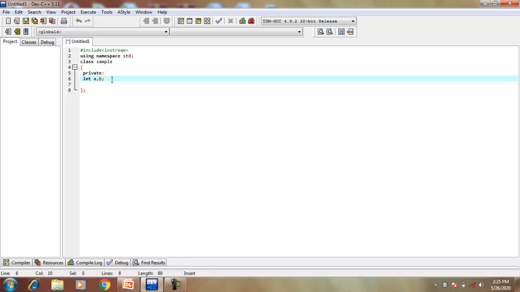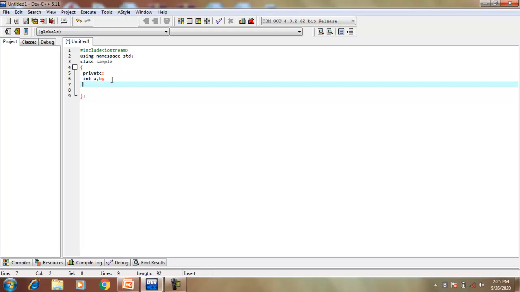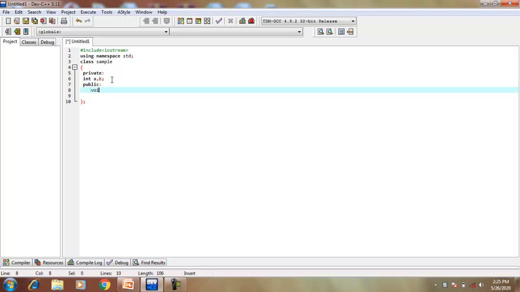Then declare the member functions. Member functions must be declared under the public access specifier. So first I write the keyword public, colon, and then return type, then name of the function.